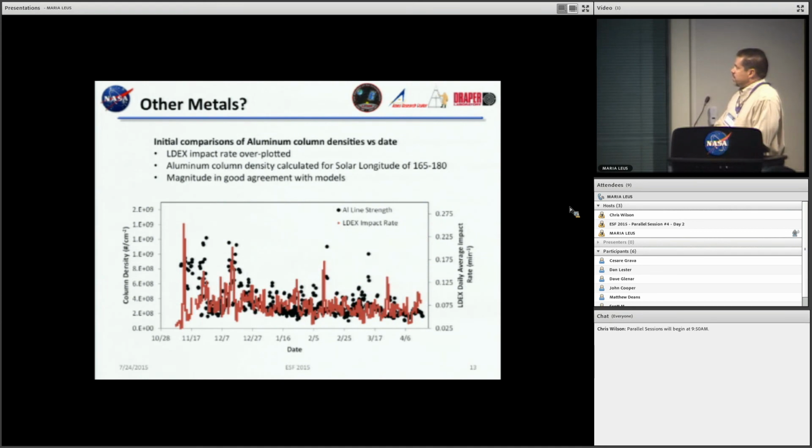And this shows the aluminum line plot as a function of date, also overplotted with the LDEX impact rate. And it actually looks pretty good in terms of a correlation between, again, shower events here. And a couple of them, even this one down here, there's a slight rise here in the aluminum. Don't know what this is, but again, if we need to go back and look at, for example, sputtering rates,